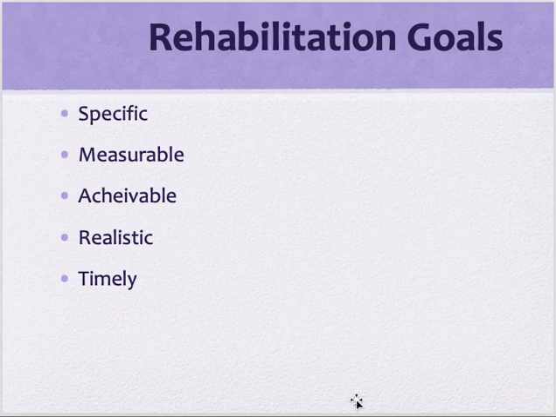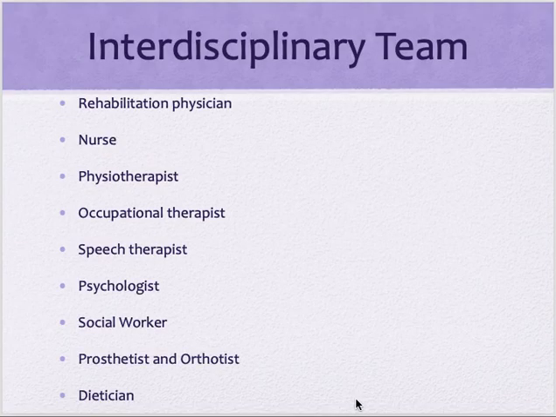They should be like all these goals or all this therapy should be done timely to get the best results. Now, as I told you yesterday, there are a number of doctors. So even in rehabilitation, there are a number of doctors. You cannot say doctors, you can say healthcare workers: rehabilitation physician, nurse, physiotherapist, occupational therapist, speech therapist, psychologist, social worker, prosthetist and orthotist, who make prostheses for the patient, and dietitian.